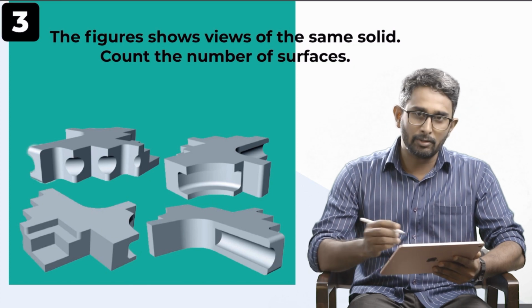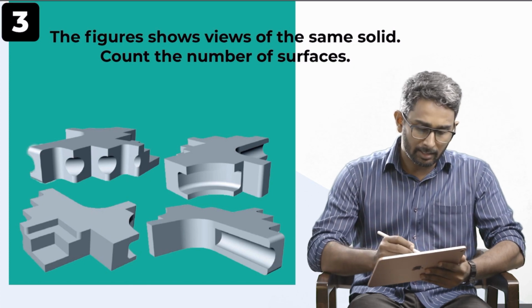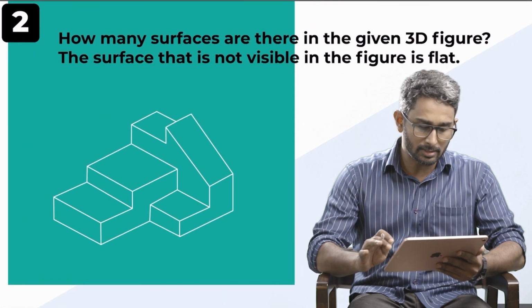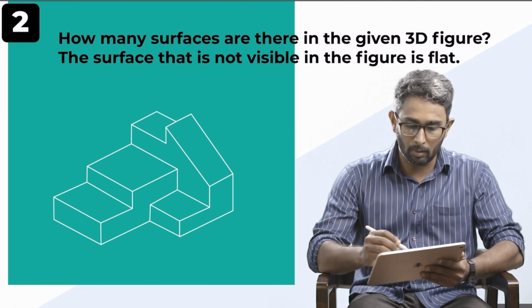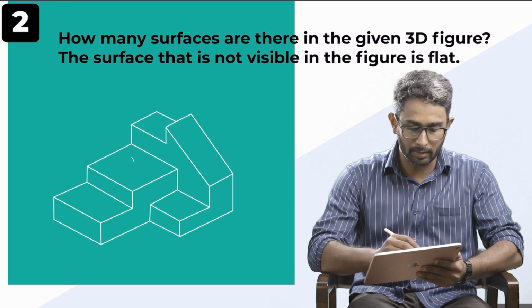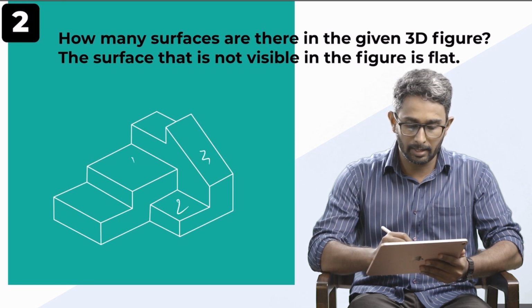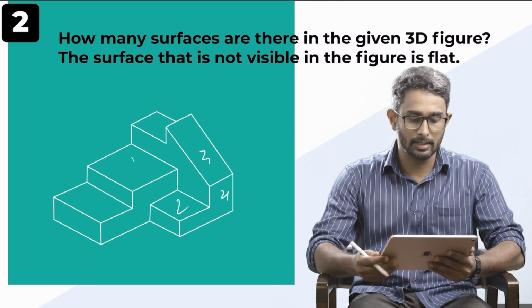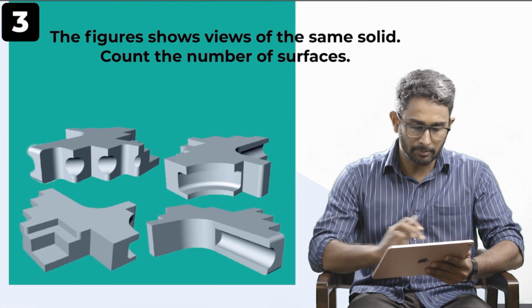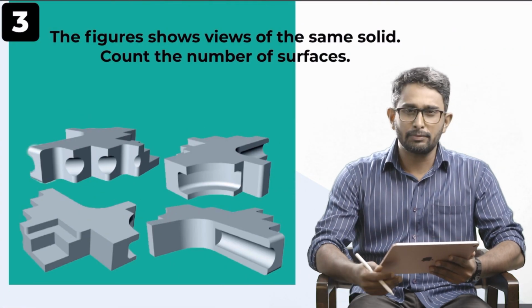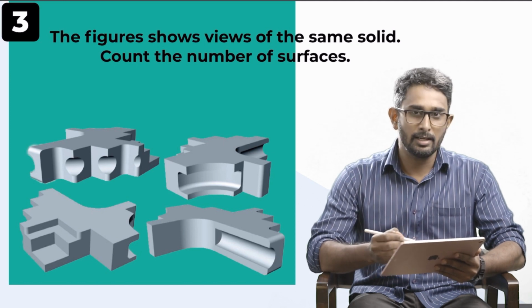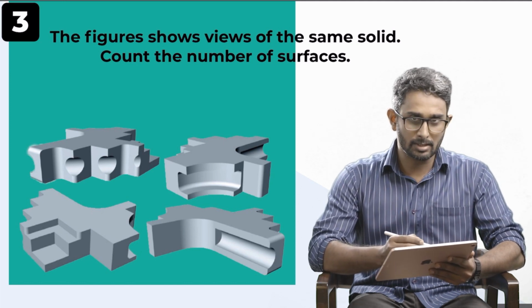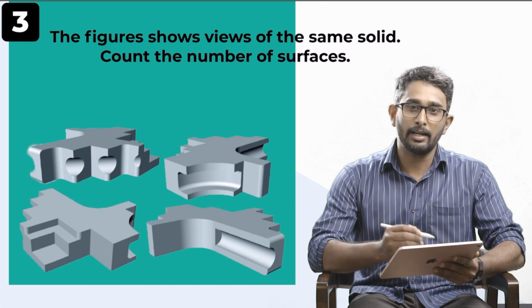The main thing I want to highlight here is that for the previous questions, we could see all the edges, and we could count the number of surfaces very easily, like 1, 2, 3 and 4. It was very easy for us. But for this question, all the surfaces are interconnected by some curvatures. So you have to take the curvatures into consideration. So there are connected surfaces.